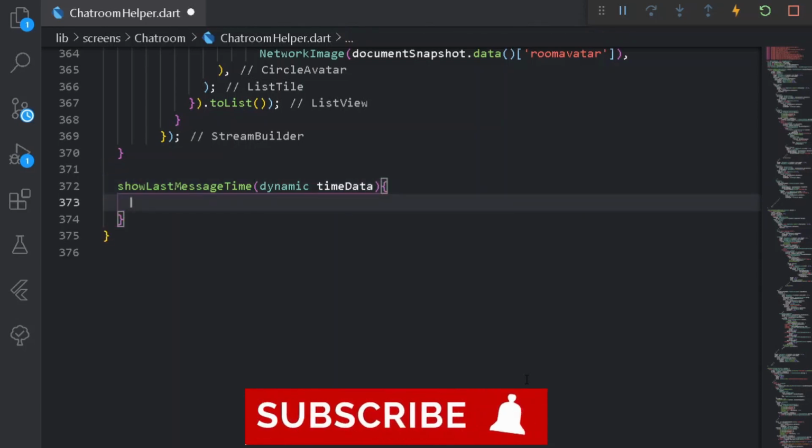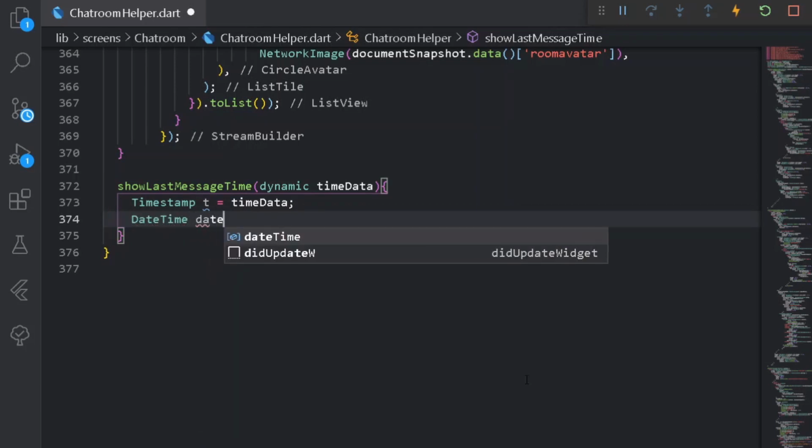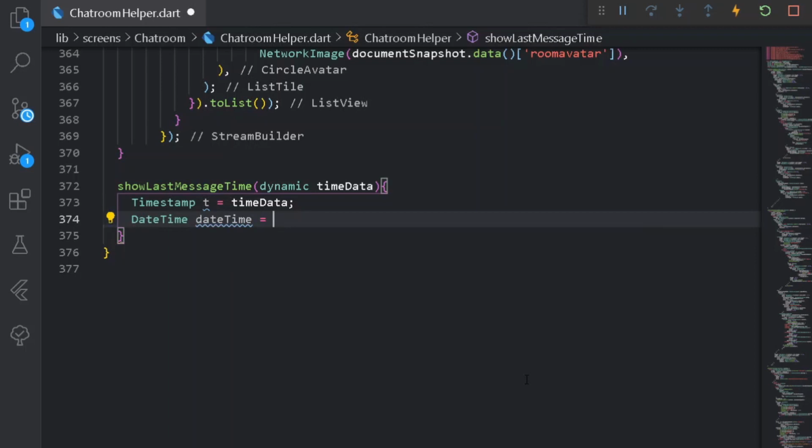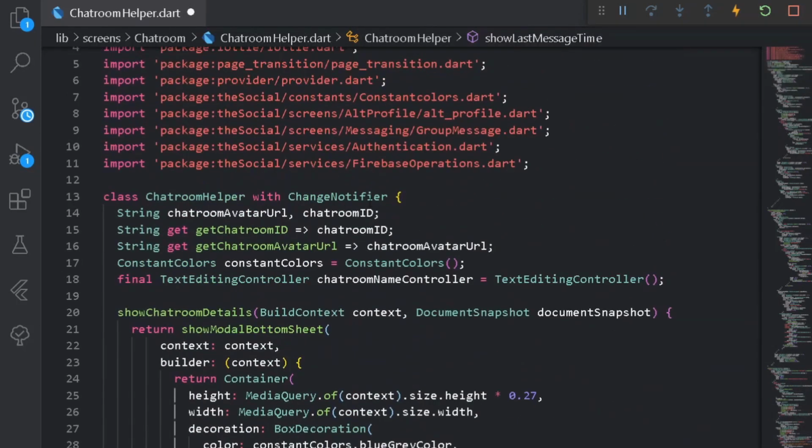Here I can say, alright, a Timestamp t should be equal to timeData, alright, not minus but equal to timeData. And here I can say DateTime as a type, for a dateTime should be equal to t.toDate, easy. And after that I can have my last message time. For that I can simply go up and construct a new variable for it.